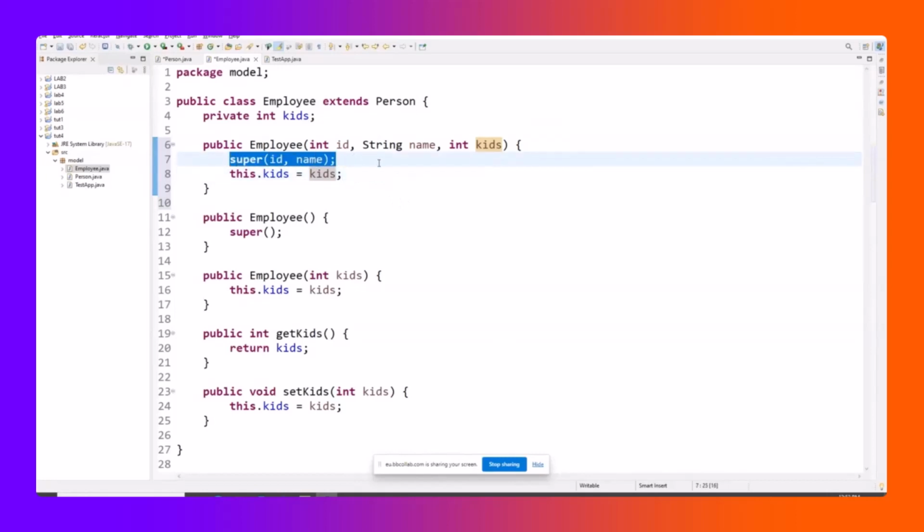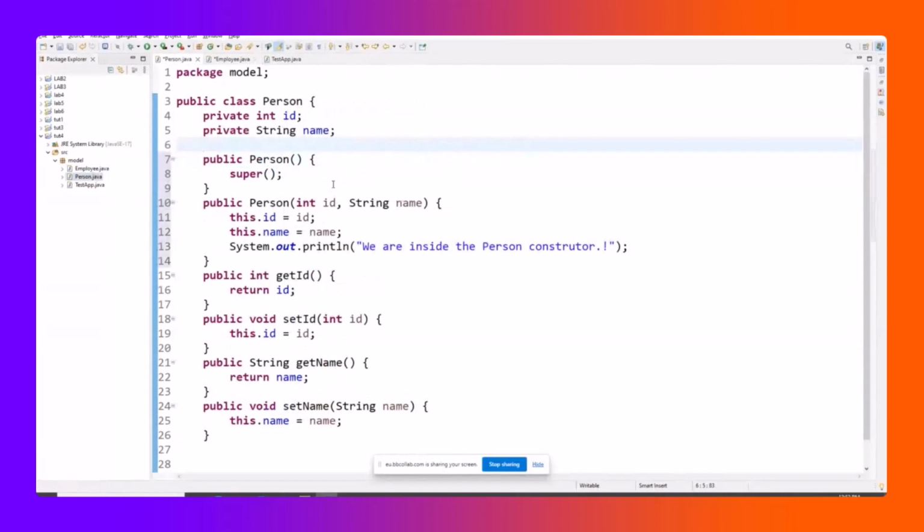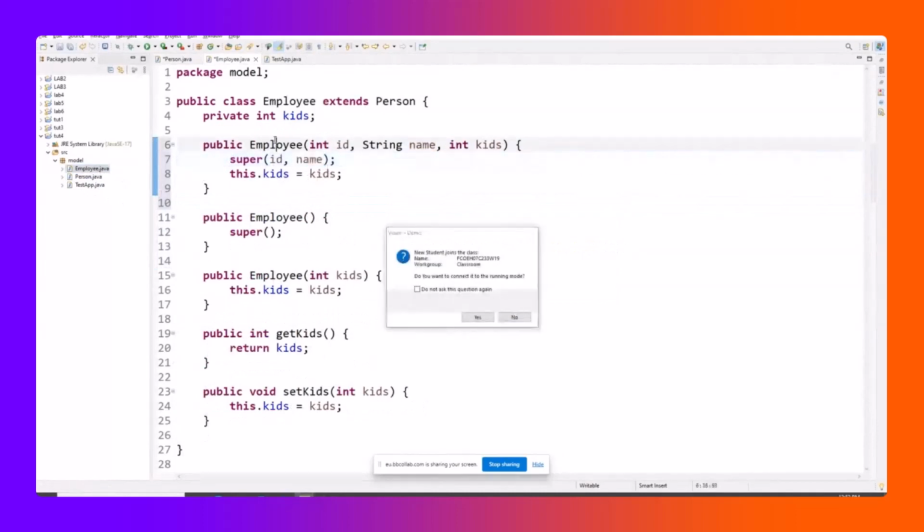Okay, what is super(ID, name)? Super. Calling what? The constructor of which class? A superclass that takes an integer and a string. Right or not? Which constructor takes an integer and a string? This one, right? That's it. So now, when you create an employee,